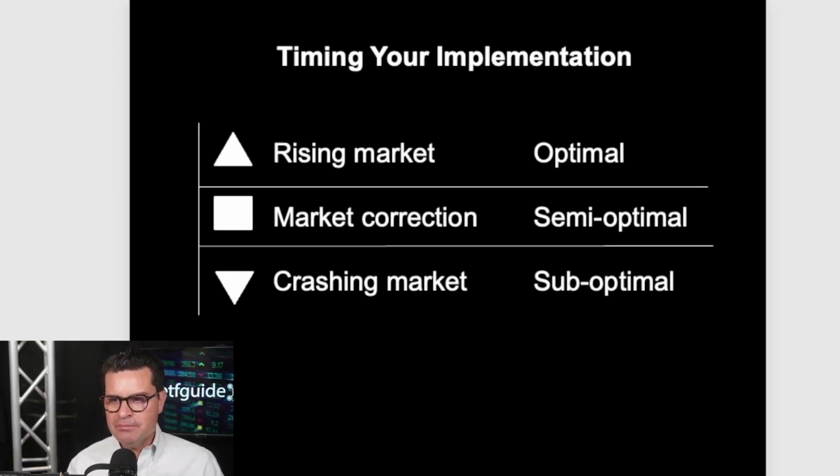Now, rising markets are the most ideal scenario. Why? Well, because they allow you to pad your investment portfolio's margin of safety when markets and the price of assets are up and positive. And this allows you to stuff the most amount of money into your margin of safety bucket. And that's why it's labeled optimal. By comparison, you've got market corrections, which are less ideal because now you've got falling prices, which reduce the amount of money that can be stashed away in your portfolio's margin of safety bucket.